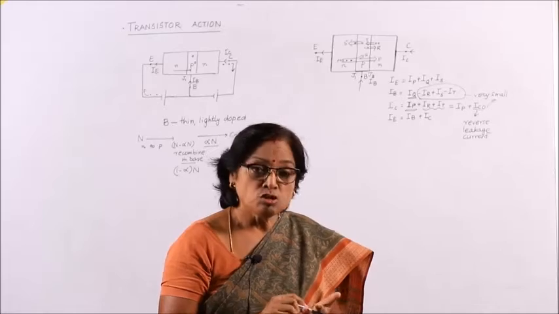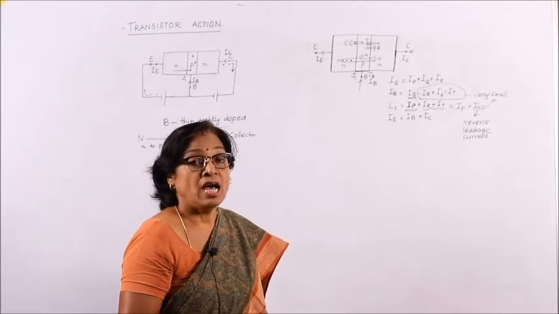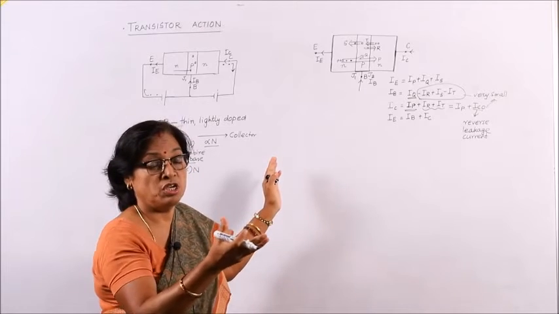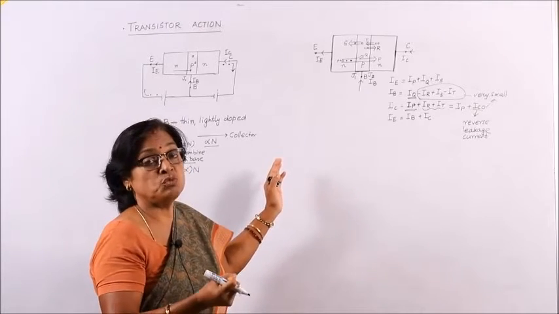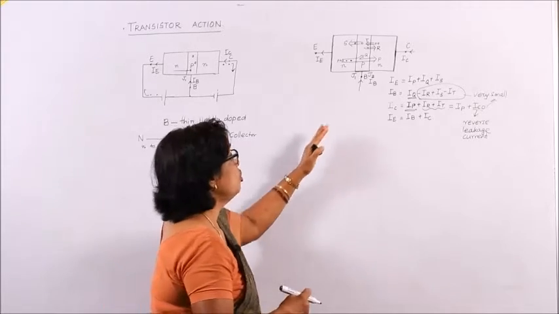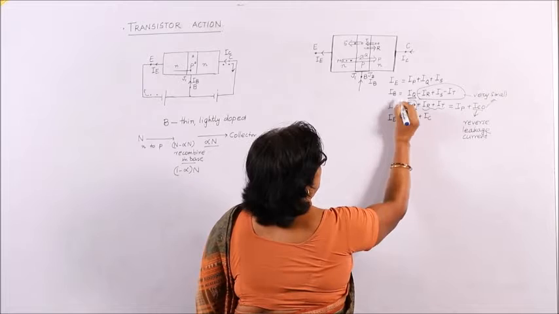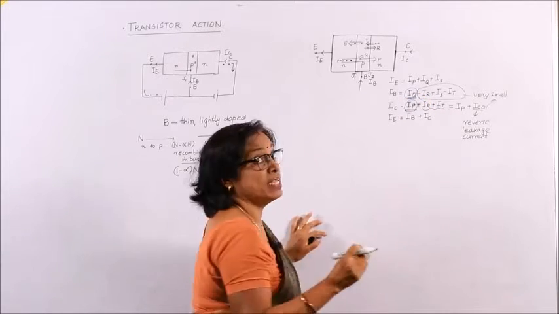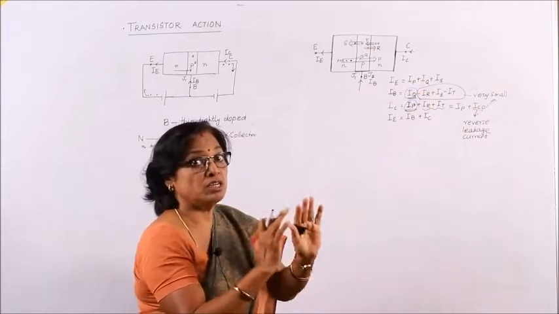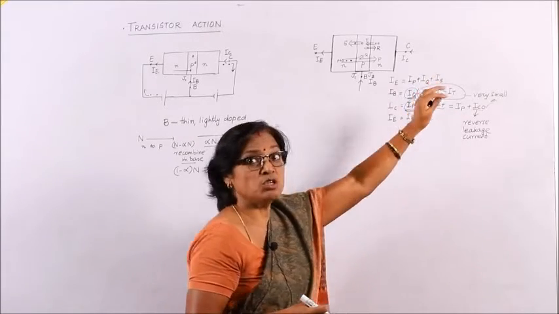So, collector current is also mainly due to the number of electrons which are reaching the collector. They have come from the emitter, and that is why it is called emitter, because it gives electrons. In the base, their recombination with holes takes place, and the collector collects the rest of the electrons. So, IC is mainly due to IP, and IB is mainly due to IQ, the number of electrons which are recombining there, and emitter current is due to all of them, P and Q, all the electrons which are going from N to P plus the hole current, which is also very small.